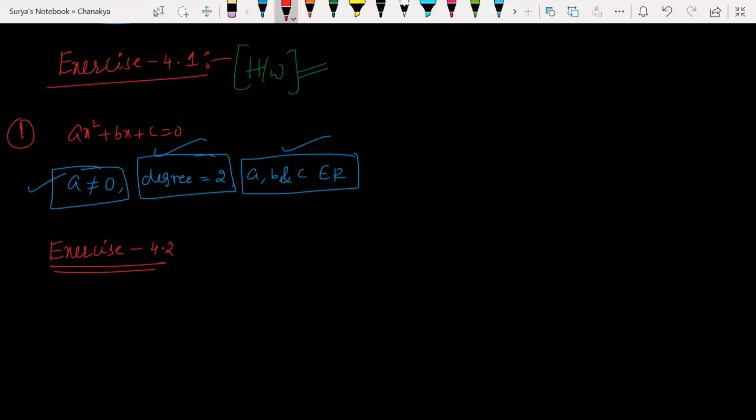As per the condition they have given, you just go with that and try to follow it. You will get it. If you are not getting it, you will be solving exercise 4.1. I hope it will be very easy for you guys. Please go through that and refer to it.